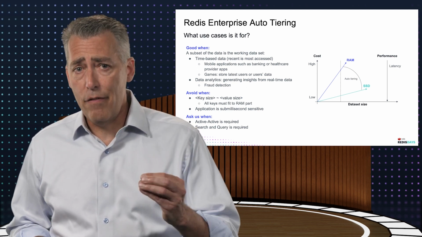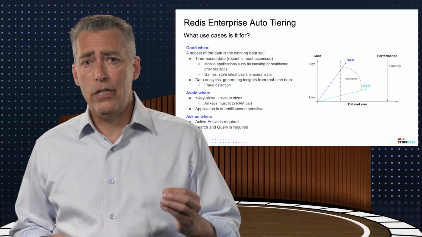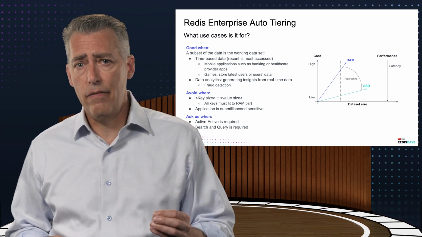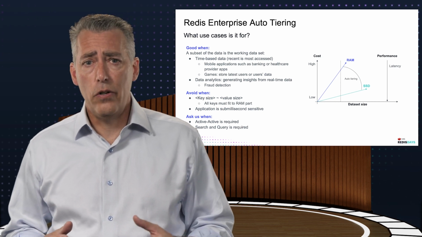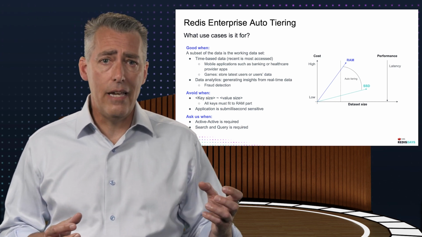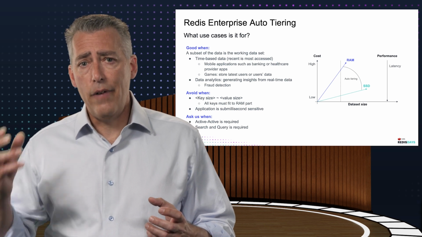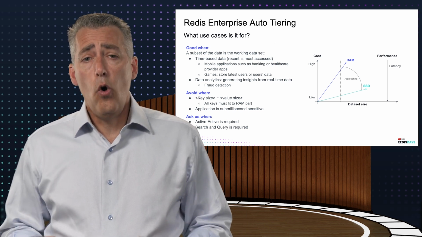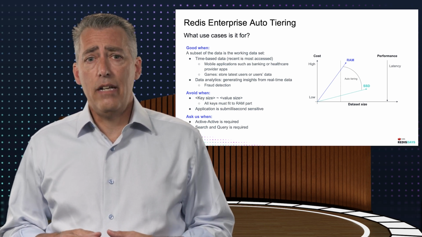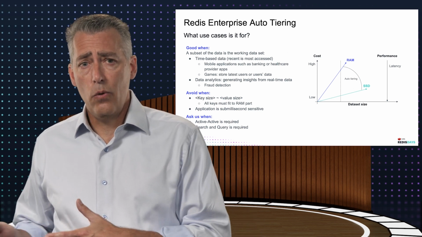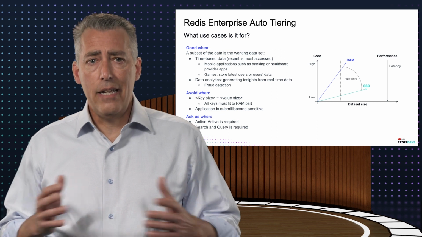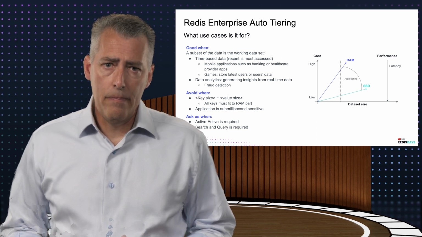But where it is not a fit are in places where the application is highly latency sensitive. Again, there's this performance trade-off between the tiers. Also, in cases where the size of the key and the size of the associated value are roughly the same, or worse, in cases where the size of the key are significantly larger than the associated values. Why? The entire data index is still stored within RAM.